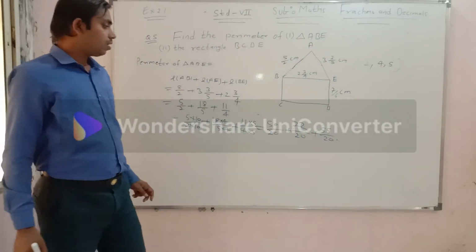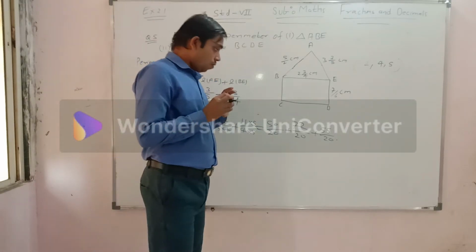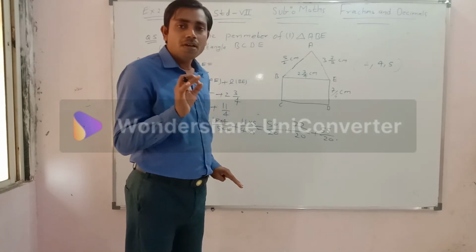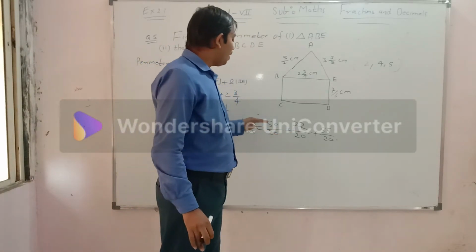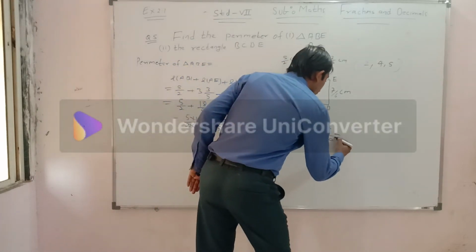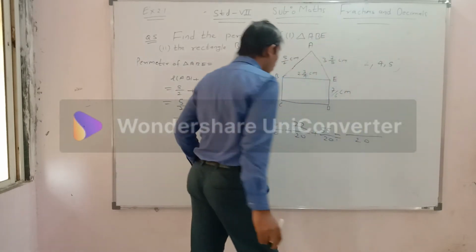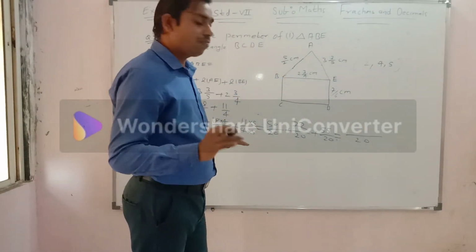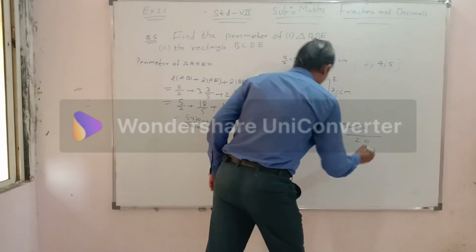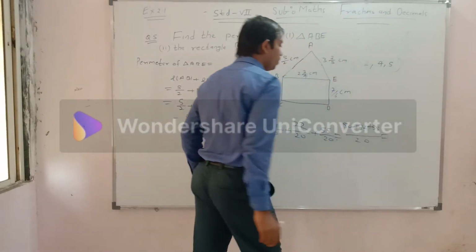Yes, so here we got the same denominator in all terms. Now what can we do? When the denominator becomes the same, write the denominator one time and add the numerator terms. So let us do that, my dear student. Write 20 one time. Now add the numerator terms: 50 plus 72 plus 55. Let's see what is coming.